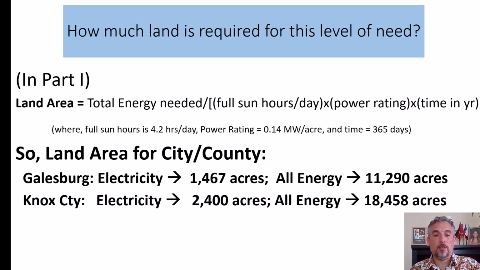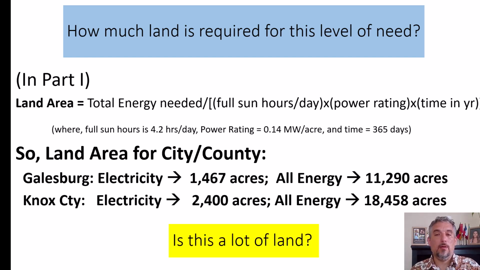In Knox County, it's a larger entity, more people. It also includes the people in Galesburg. For all electricity, it would require 2,400 acres, and for all energy, a little less than 19,000 acres. And then the question is, is this a lot of land? Most of us city folks don't think of things in acres. Again, an acre is about the size of a football field. So it looks like a lot of football fields, but let's compare it to